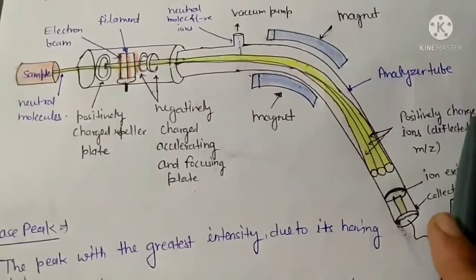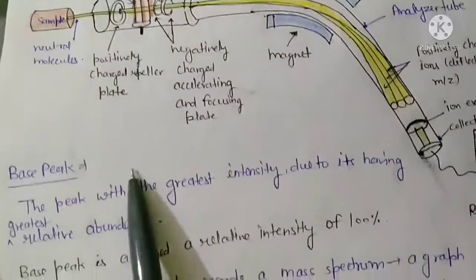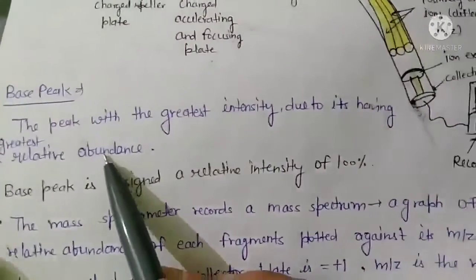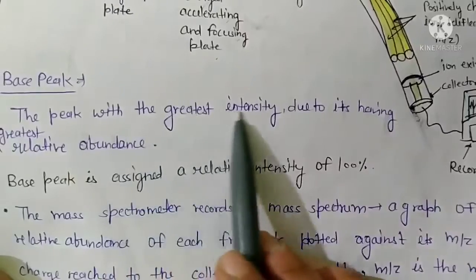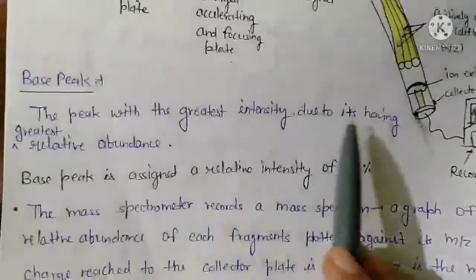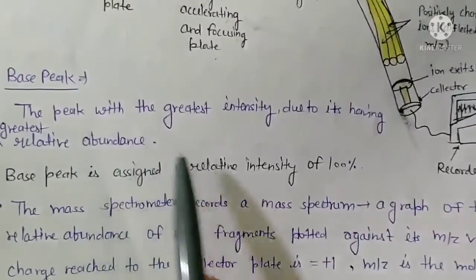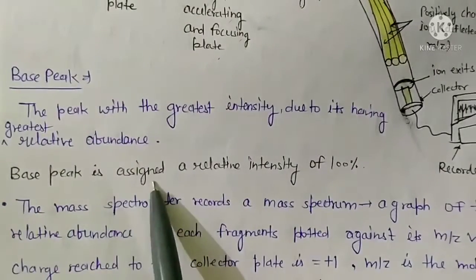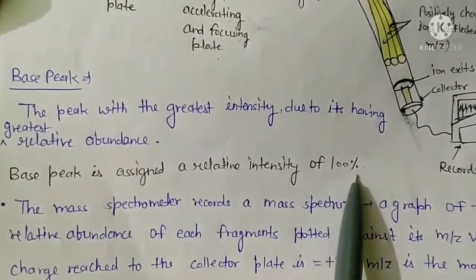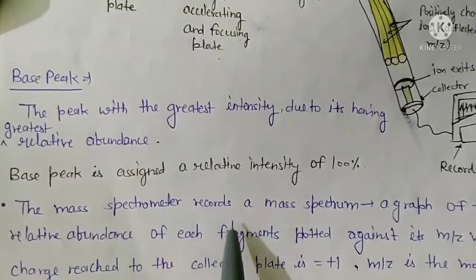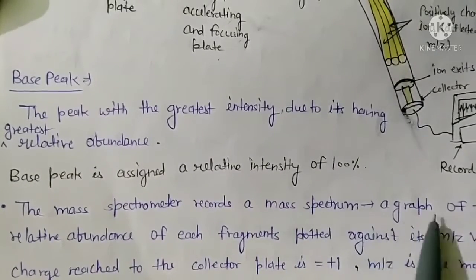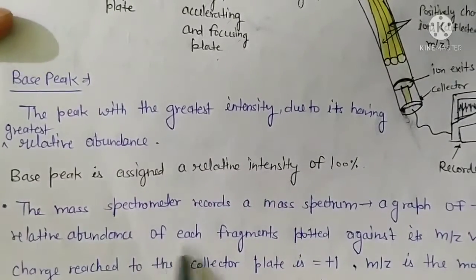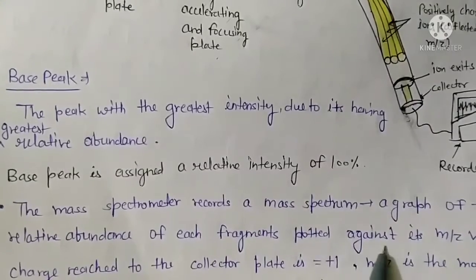Now here are some important features, like the base peak. What is this base peak? The peak with the greatest intensity, due to its having the greatest relative abundance. Now the base peak is assigned a relative intensity of 100%. The mass spectrometer records a mass spectrum, a graph of the relative abundance of each fragment plotted against its